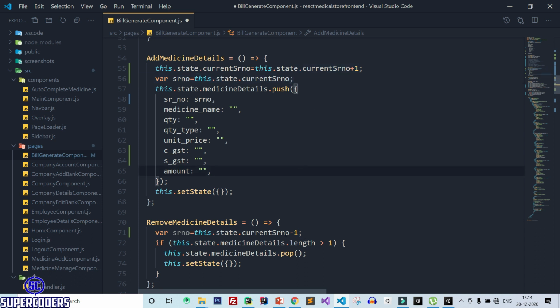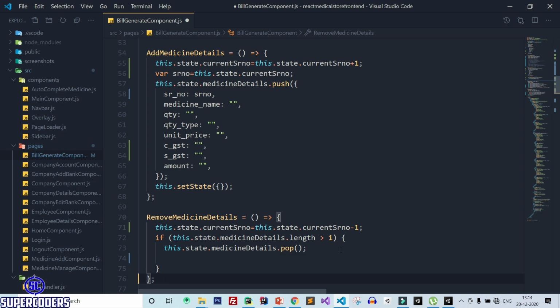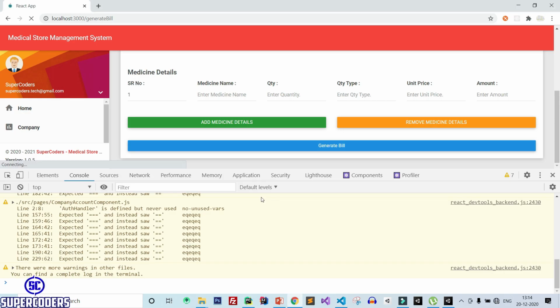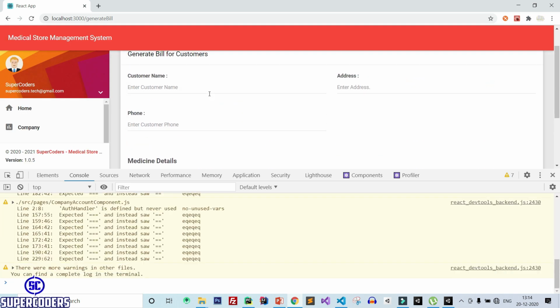Now here change this to, simply copy it and paste it here, -1, and here cut this and paste it here. Now save it and let's check whether it's working or not. So again back to Chrome, refresh the page, and let's check again.